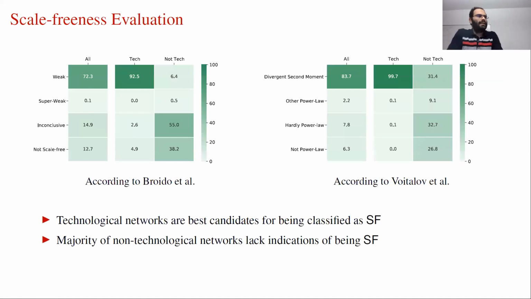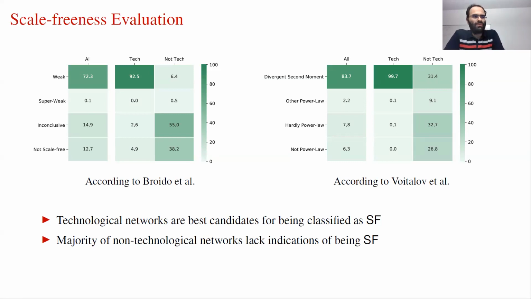So according to the method of Broido et al., 72% of the networks in our collection are weakly scale-free. That means the pure power law distribution is a good fit. And according to the method of Voitalov et al., 83% of them have a diverging second moment. So it seems that both methods agree that most networks in our collection